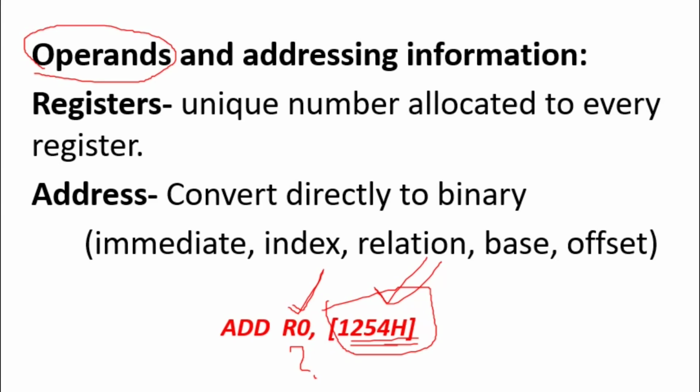So along with which type of addressing I have used, I must also store the operand details. If register addressing is used, I should store which register is used. If a memory address is mentioned, the actual address of the offset, that information must also be stored in the encoded instruction.